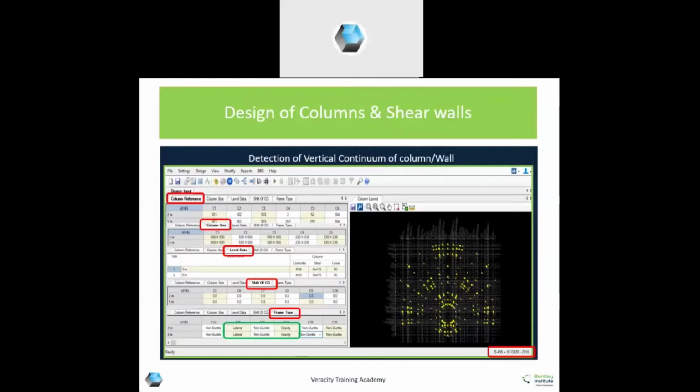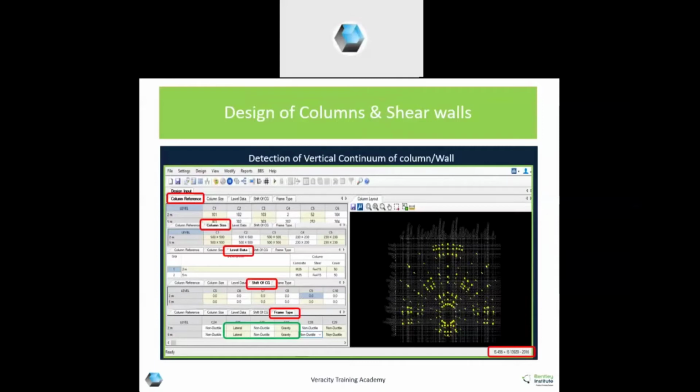When you get the analysis file and it is read, you get 5 types of input. First is column reference. That is, all columns are labeled either top to bottom or bottom to top. Then column size also gets extracted from your analysis engine.